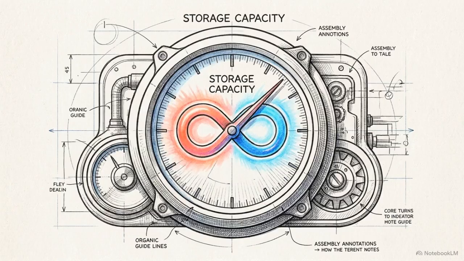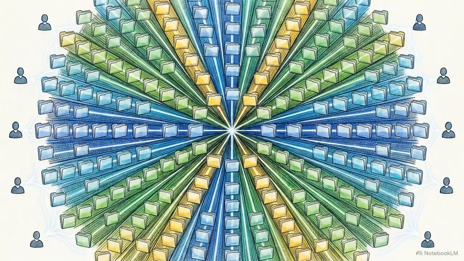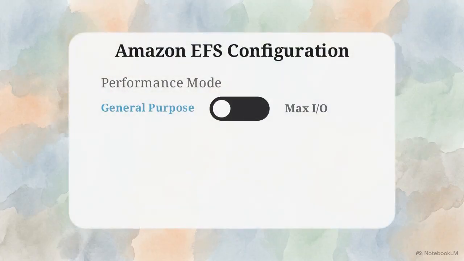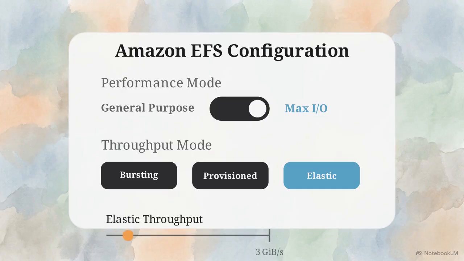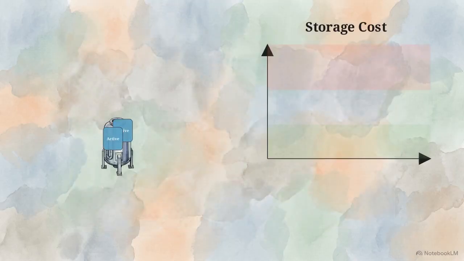EFS requires absolutely no capacity planning. It scales automatically up to petabytes of data while simultaneously supporting thousands of concurrent clients. Tune this scale using parameters set at creation. Choose General Purpose for latency-sensitive workloads or Max I/O for parallel data processing. Then configure throughput mode. Use bursting, select provisioned for guaranteed speeds, or rely on elastic mode to automatically scale throughput